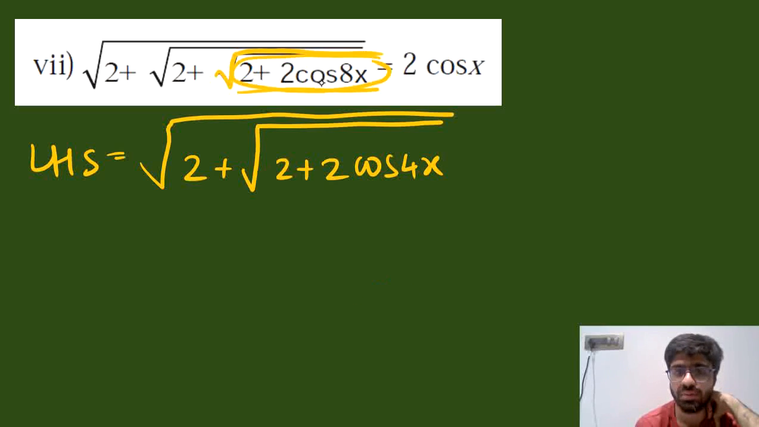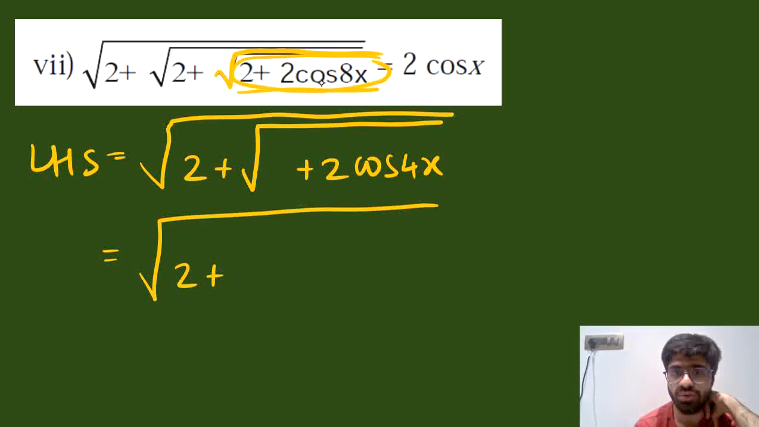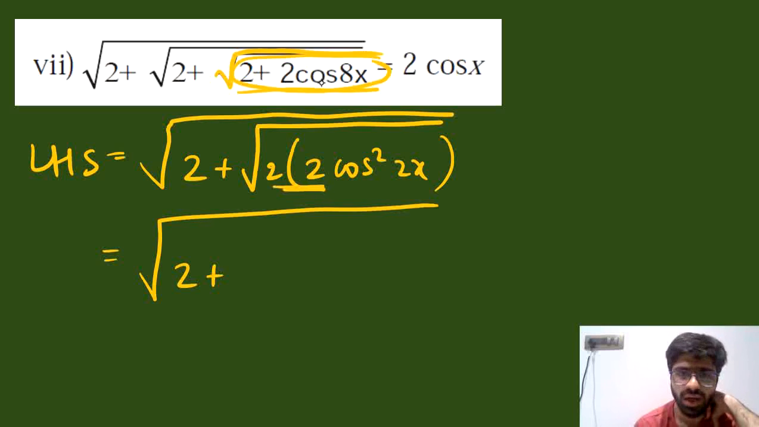We can proceed in a similar way now. This would be root over 2 plus, pulling out a 2 common from here would give us 2 times 1 plus cos 4x. 1 plus cos 4x would be 2 times cos square 2x. 2 into 2 would be 4, and root of 4 cos square 2x, that would be 2 cos 2x. Pull out a 2 common from here again,